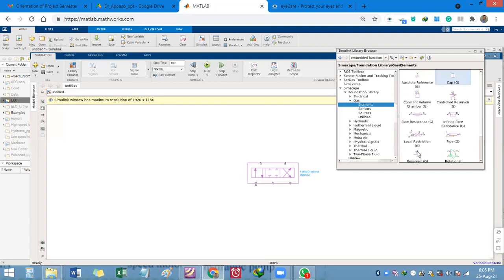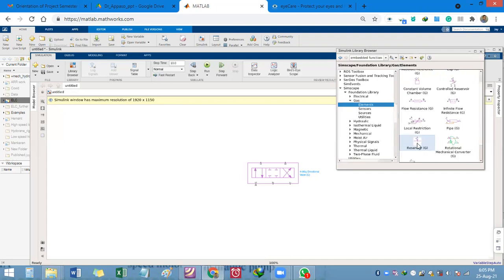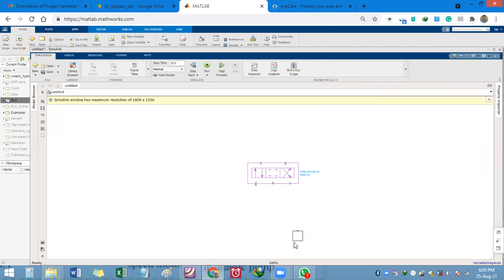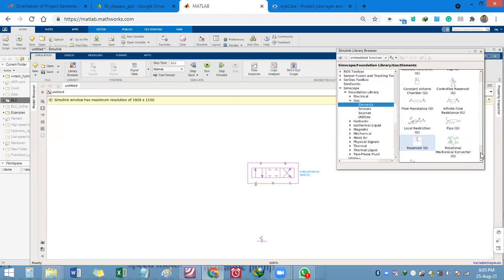This reservoir is useful for us. This reservoir denotes the air chamber. So you can just drag and drop it here. Here we have got the reservoir. Now you can select the pump. Where will we get the pump? The block for the pump is also given there.